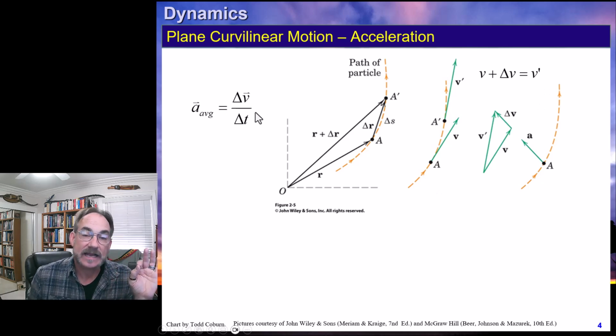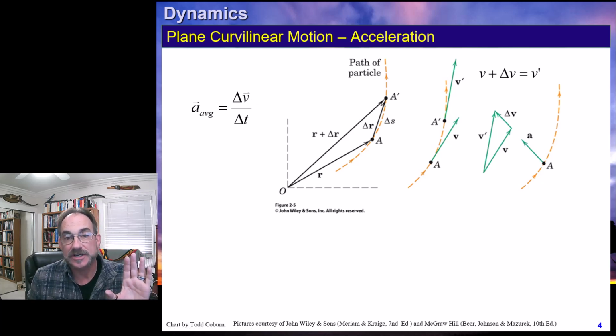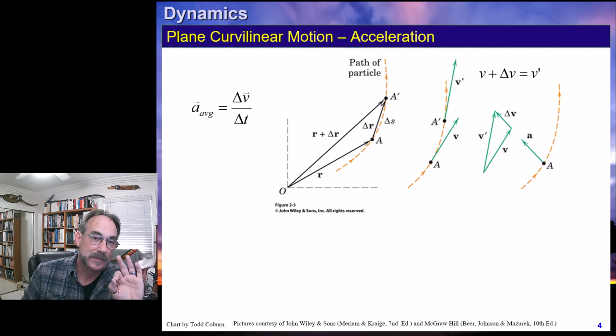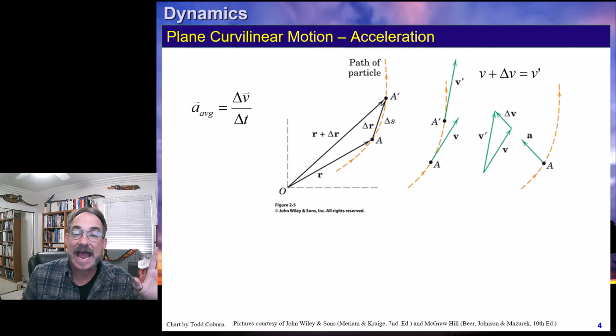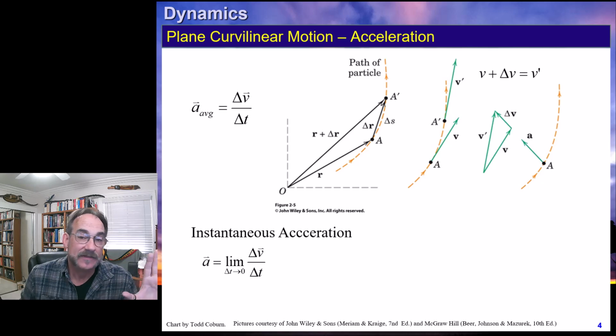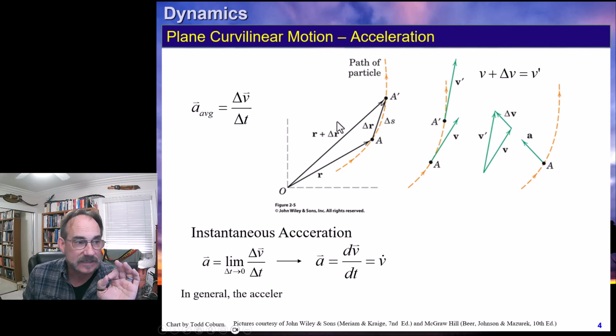We could define the acceleration as the change in velocity vector over the change in time. The velocity is a vector, and so is the change in velocity. When we take the change in that with respect to the change in time, that gives us the average acceleration, for the same reasons that gave us the average velocity on the last slide. The instantaneous acceleration is computed the same way. As we make delta t smaller and smaller, we get something closer and closer to the instantaneous acceleration,